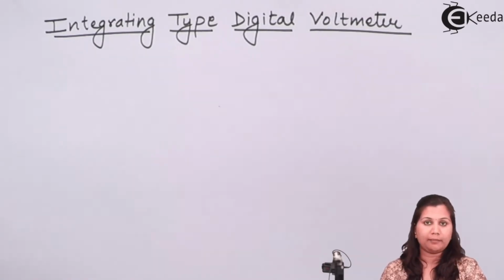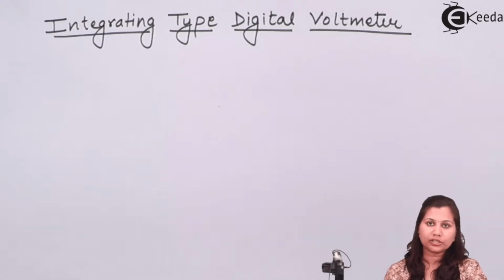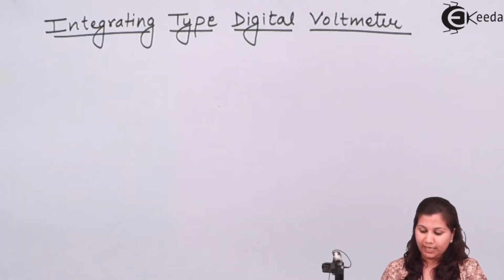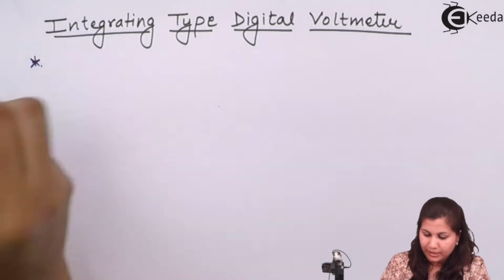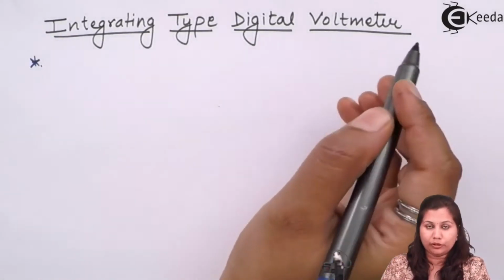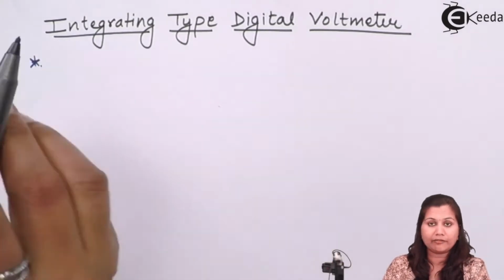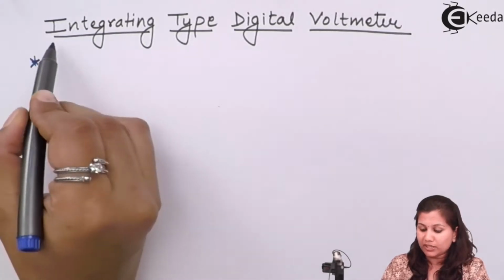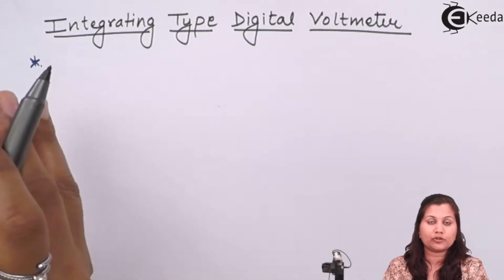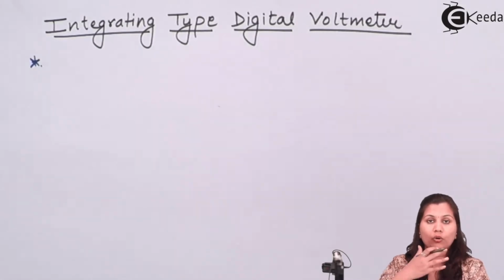Here we are studying one type of digital voltmeter, which is the integrating type of DVM, or digital voltmeter. So let us start with it. This integrating type of digital voltmeter measures the average value of the input voltage over a period of time, because here we are using the term integrating. Whenever integration over a period of time is used, it means we are measuring the area covered under